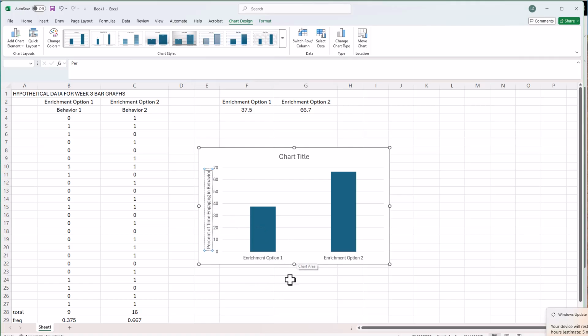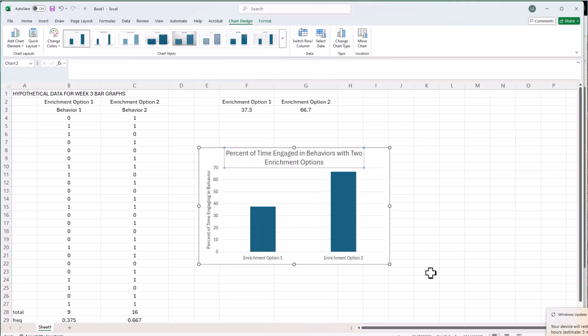So this is enrichment option 1, and of course that was also behavior 1. So if I wanted to, I could include that as well. And then I can put a chart title on it. So % of time engaged in behaviors with 2 enrichment